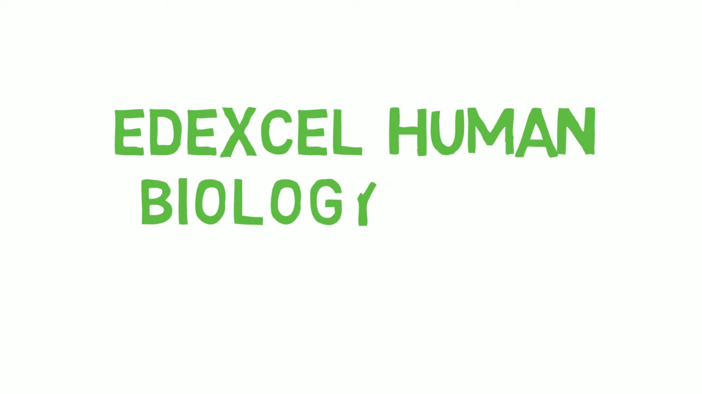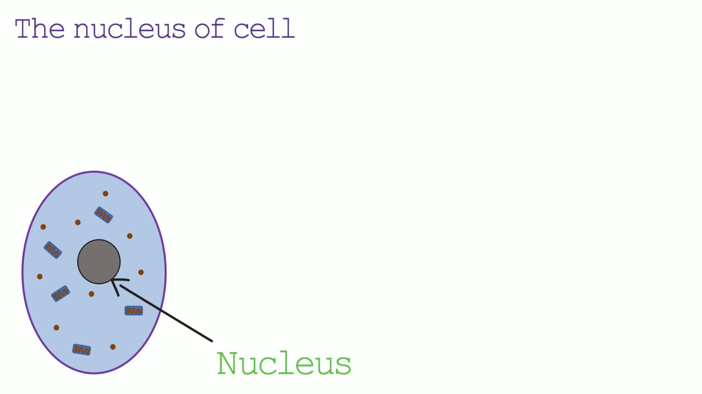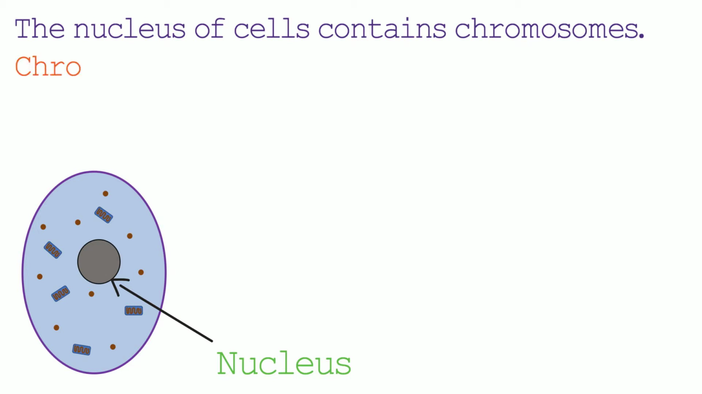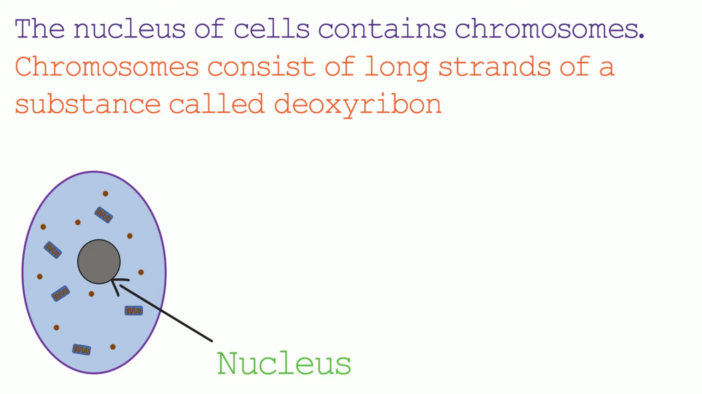Hi, this video is a short introduction into DNA. The nucleus of cells contains all of the genetic information for cells. The nucleus contains this information in chromosomes, and chromosomes consist of long strands of a substance called deoxyribonucleic acid, which